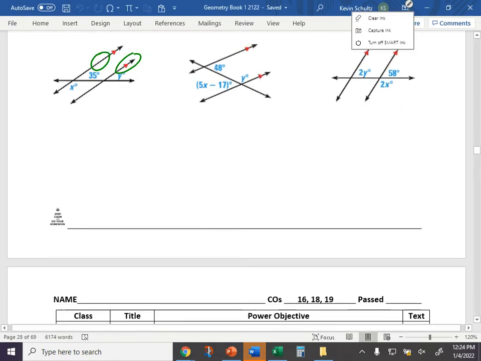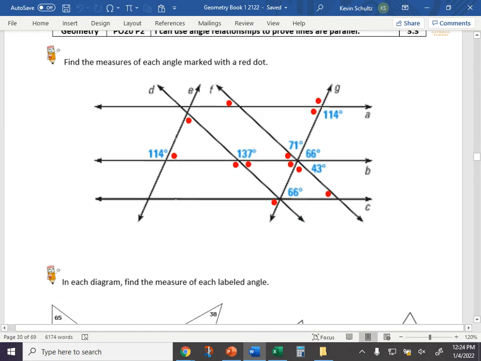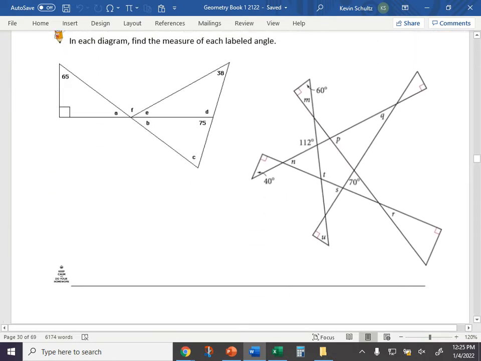If you look even further ahead into PO20, you'll see stuff like this. Okay, this is ultimately where we're headed. So that in a diagram such as this, with the information that is given, you will be able to solve for all the angle measures of every red dot. Every black dot. And then also figures such as this. Okay? Figures such as this. And